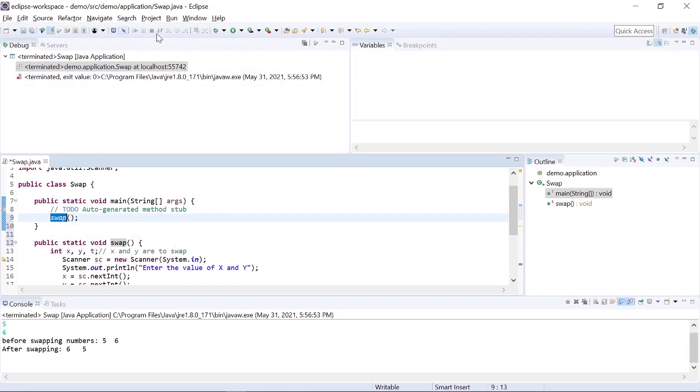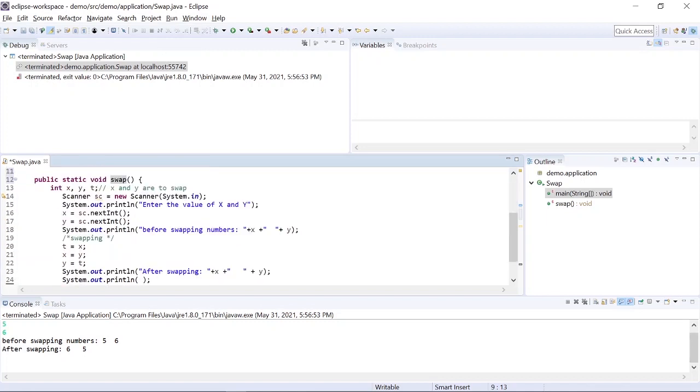Okay. Now while debugging, if you want to go inside this function, what can you do? You can do step into, that we already discussed, through F5. There are other shortcuts. Suppose you want to see where this variable x has been initialized or how many times it has occurred. There is a shortcut Control K. It will show you the next occurrence of that variable, and if you do Control Shift K, it will go back. Wherever x is there, it will find that. It is a shortcut to do find. You can always do Control F, but this is just a shortcut.